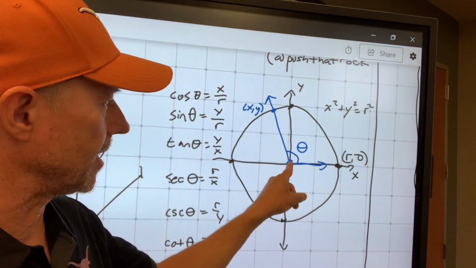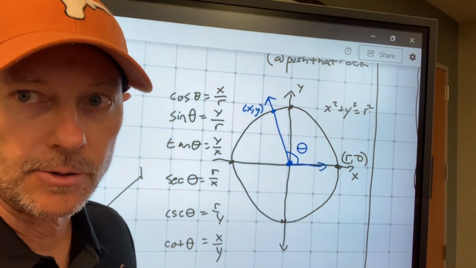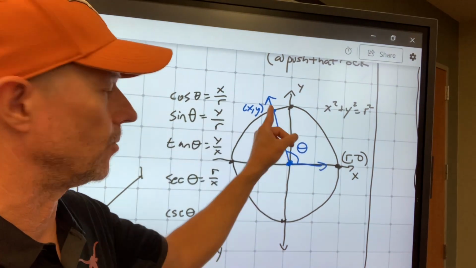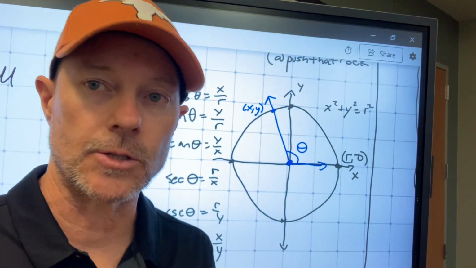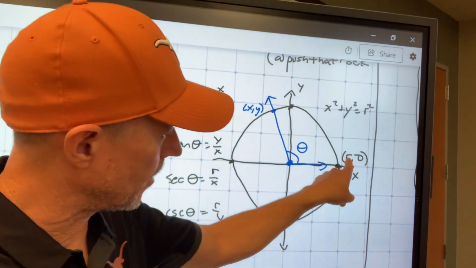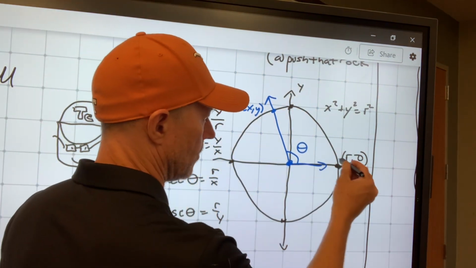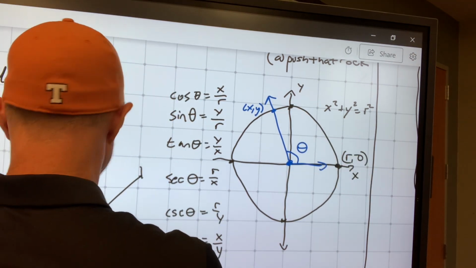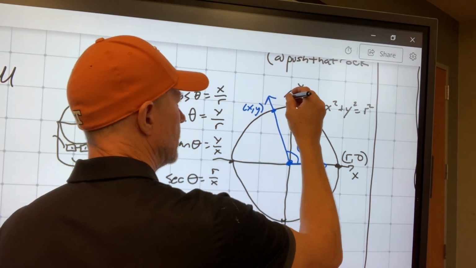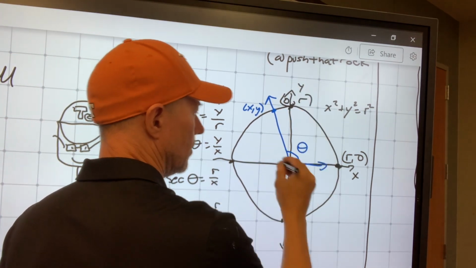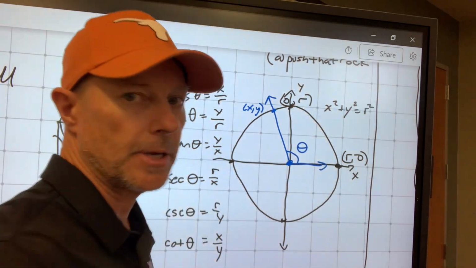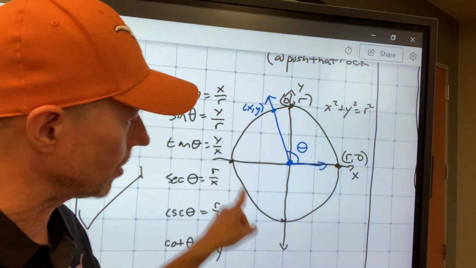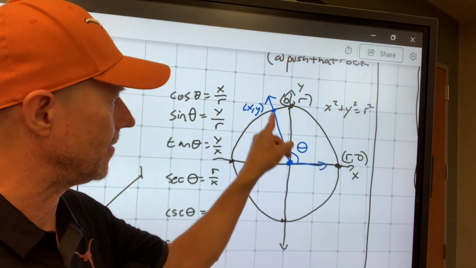And I draw an angle in standard position, and I use theta to represent the angle in standard position. Then that angle's terminal side will intersect the circle at a point that we will call (x, y). So this point here would be (r, 0) because you're going out the radius to get to that point and you go up none at all. This point up here would be (0, r) because you go left and right 0 and then you go up the radius. Okay. Now, (x, y) is the point of intersection between the circle, whose radius is r, and the standard position